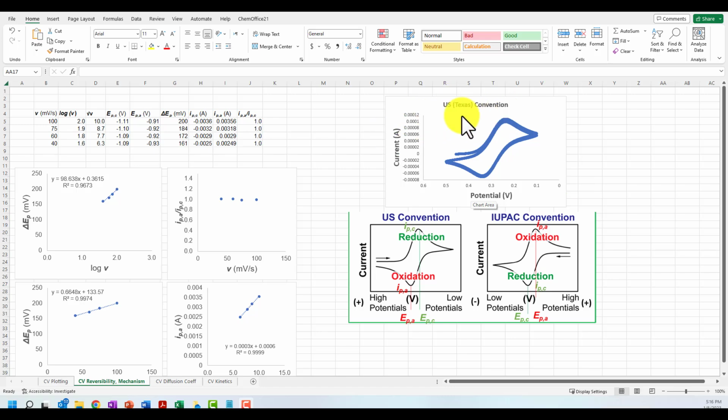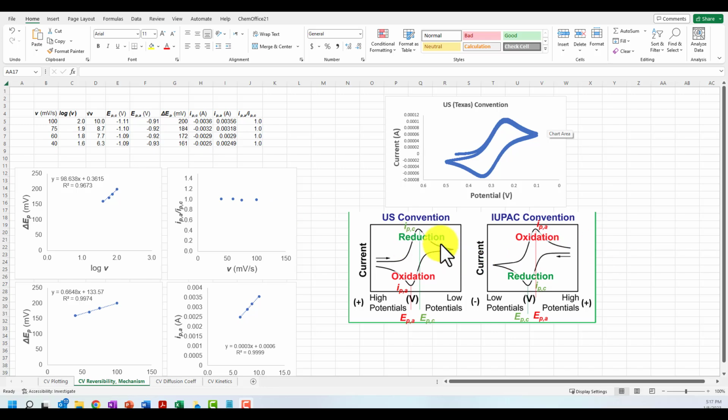So I'm showing you a plot from the previous video that I made for the reduction and oxidation of a redox couple represented in the US convention. And so remember, if I'm representing this in the US or Texas convention, then positive currents are reducing, also known as cathodic, which means that the peak current in the cathodic direction for this couple, remember this would be, if